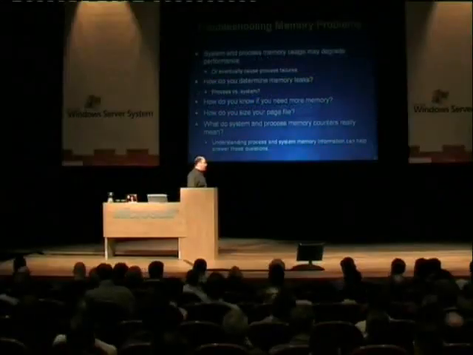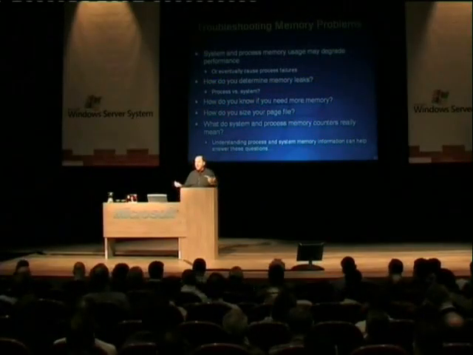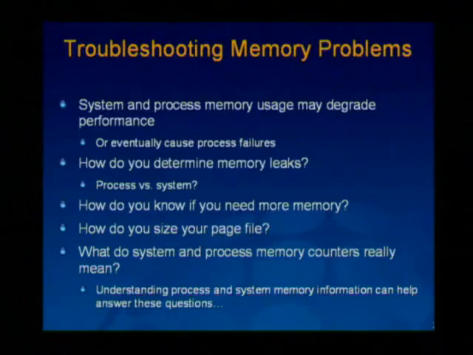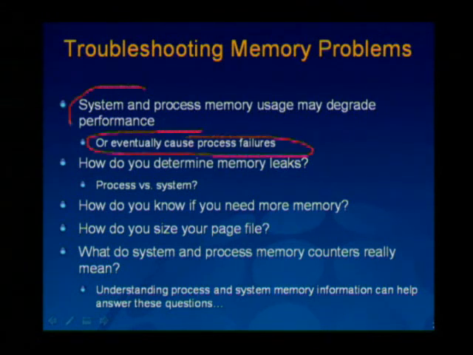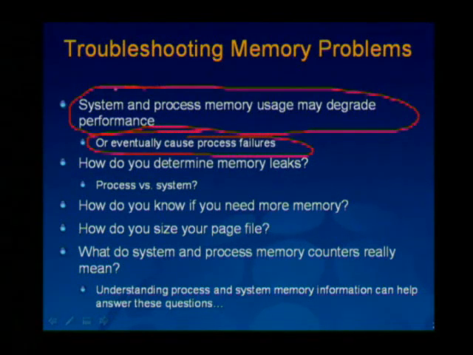So we're on part 2, understanding and troubleshooting memory problems. And the reason I think this is an interesting section is that memory-related issues can be behind serious performance problems. Process memory leaks, we're going to see, may cause system failures or other process failures. Just like a process that is opening handles can cause the system to stop working, basically. A process with a memory leak may also cause the system, in effect, to stop working because no more processes